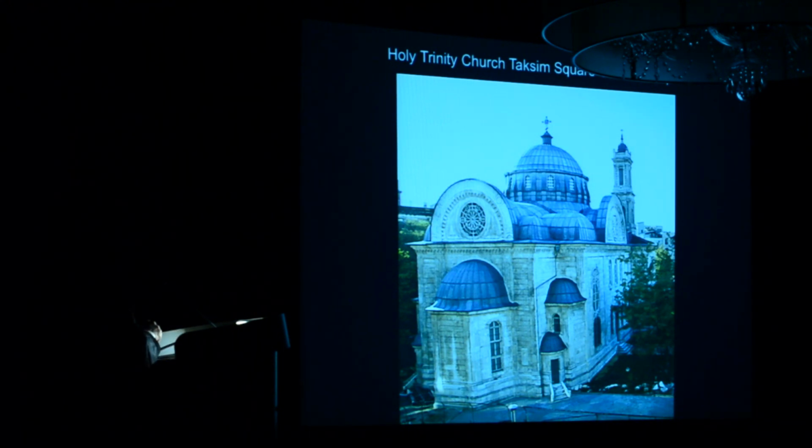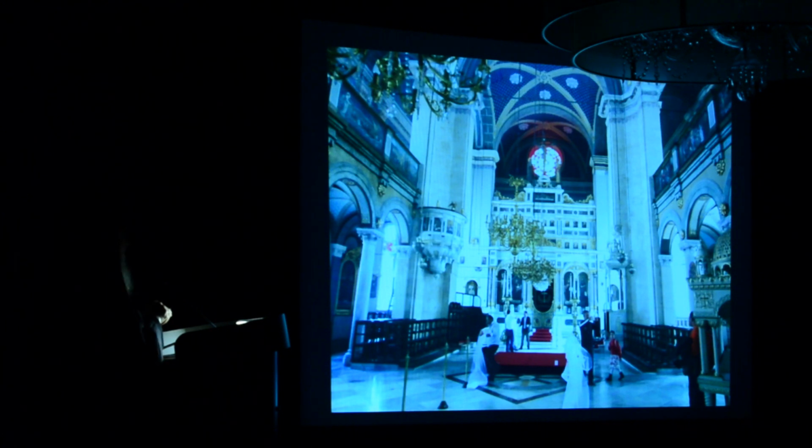Now this is another specimen of a modern church. Again, that's something different from what we have seen. You see, there is no end in doing things with architecture. Here it is interesting that the back, this is a holy altar, has this developed kind of presentation. It's a very interesting thing. And this is the church. The inside of the church we saw before is Holy Trinity in Taksim, Constantinople.